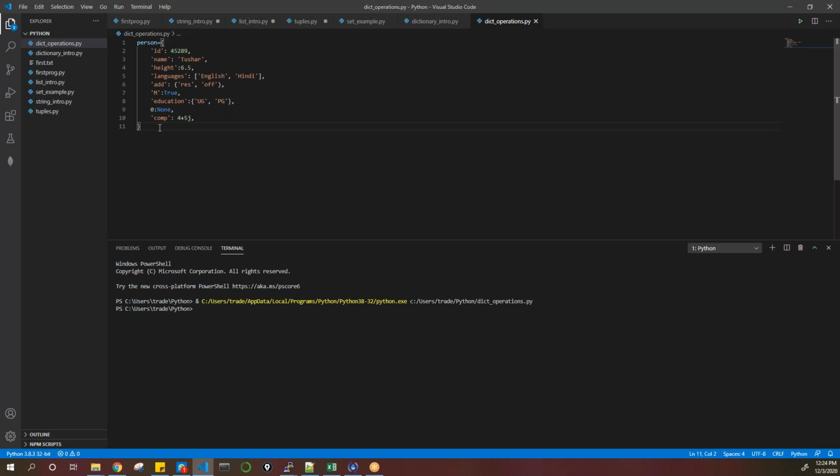And this is how we see an example of all the data types. His employee number is an integer value, his name is a string, of course his second name would also be here, and then his height, or his weight, I don't know what all companies ask for these days, could be a float variable. This is a list of the languages that he speaks, or maybe this can even go for skills like C++, Python, etc. So that would make more sense. Then whether he wants to use his address as residence or office, and whether he's male, true or false,